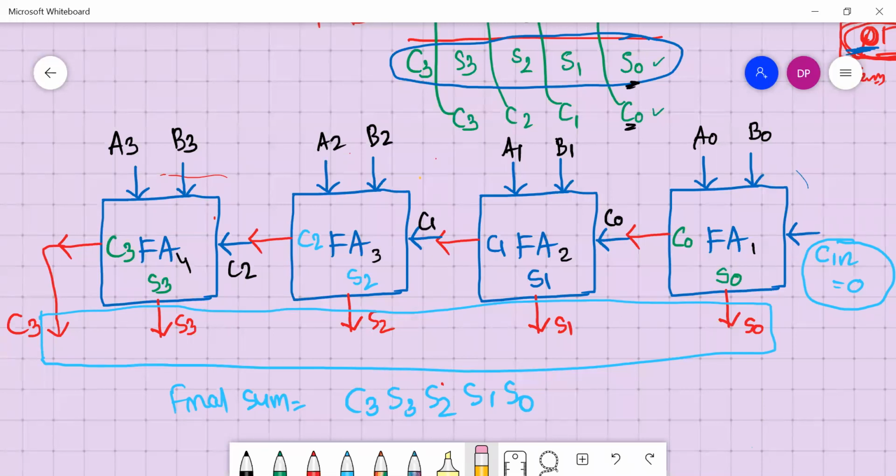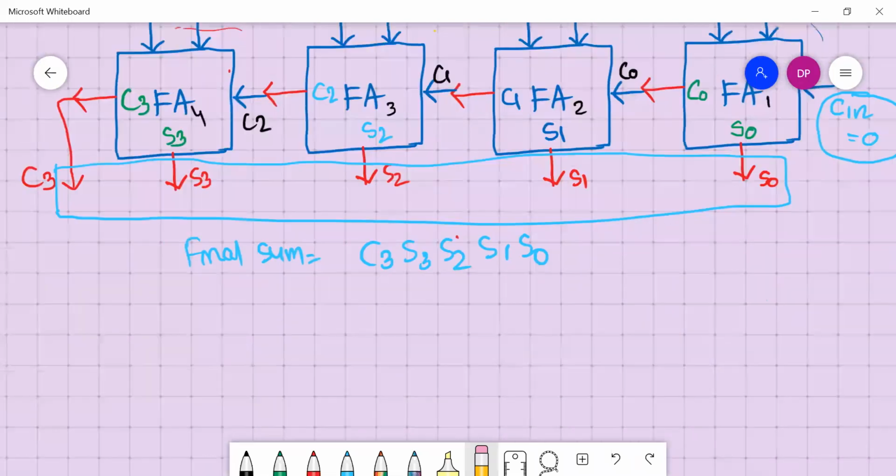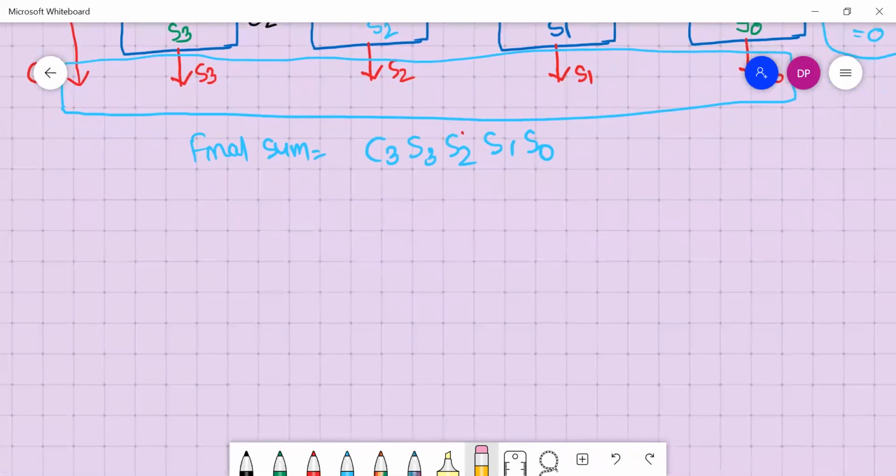In the exam you may get a question to design an 8-bit parallel adder. How to do it? If the question is given, you have to take C7, S7, S6, S5, S4, S3, S2, S1, S0 as outputs.